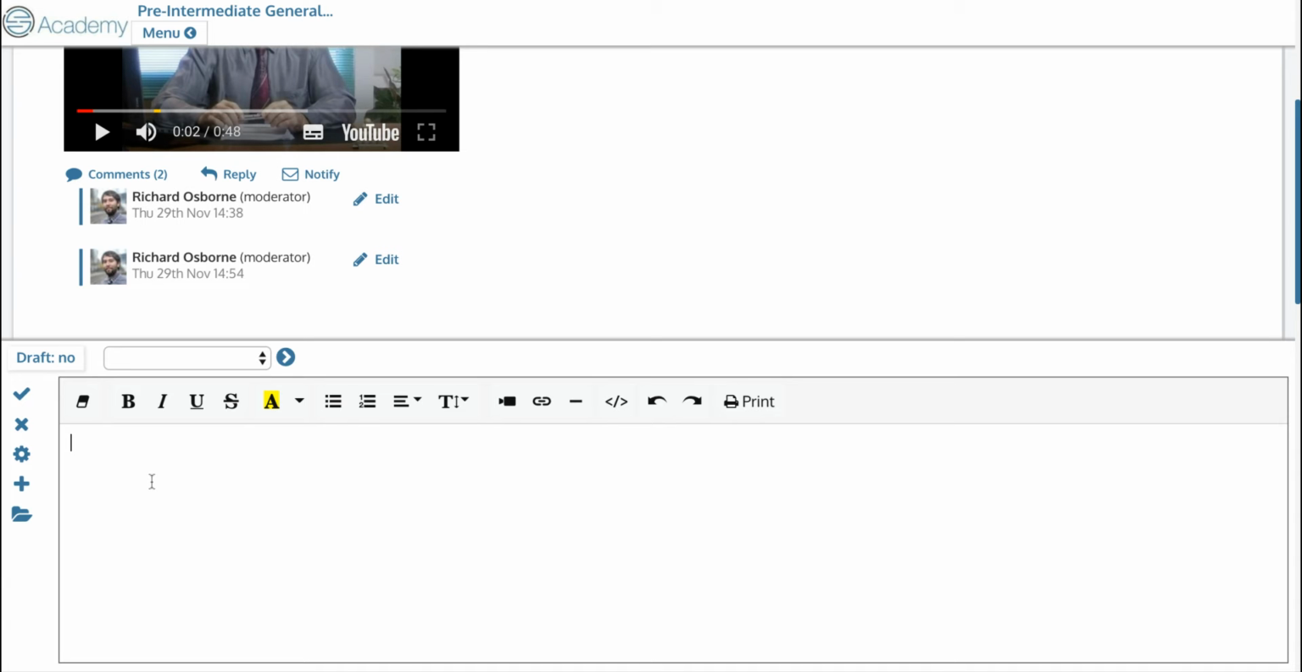So I can say something like, here is my answer, and perhaps I want to give my answer via video. I click on the plus button at the side. That's to add something to your message. I get a menu with the different things that I can add to a message, a video that I record or that I use from YouTube or another website, an audio recording, a link from the internet, a file that